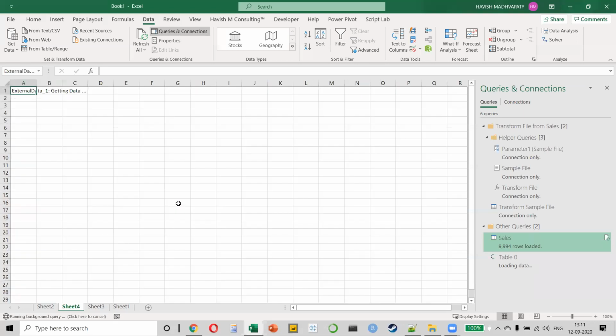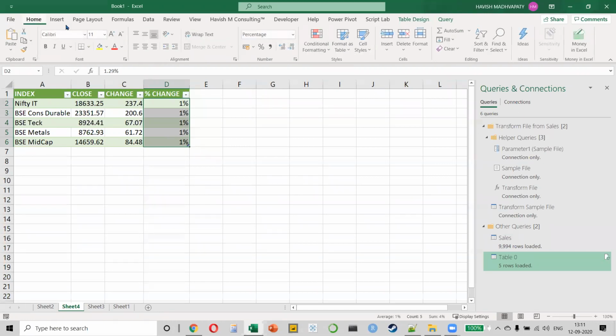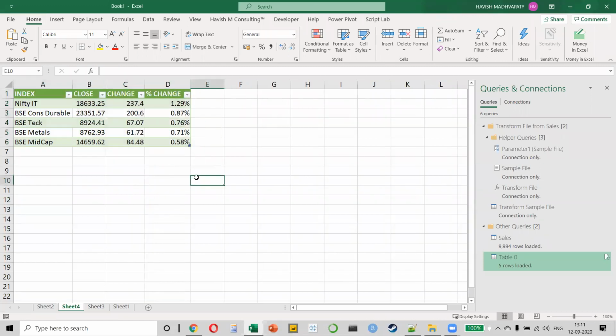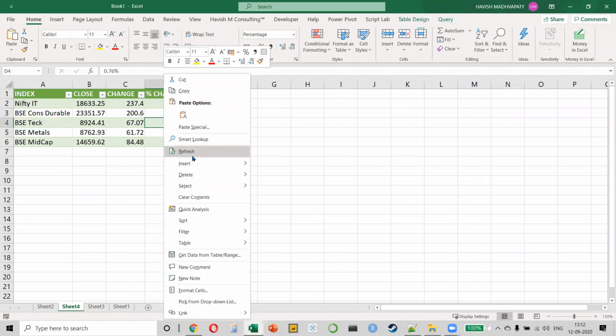You notice it is now automatically going to show you that as of Friday, these were the market results like this. And you know the best part, like 2 days from now, Monday will come, the market will reopen. You don't have to repeat the process. You can simply right click and refresh, and it will automatically refresh the data from the website. Very cool, right?